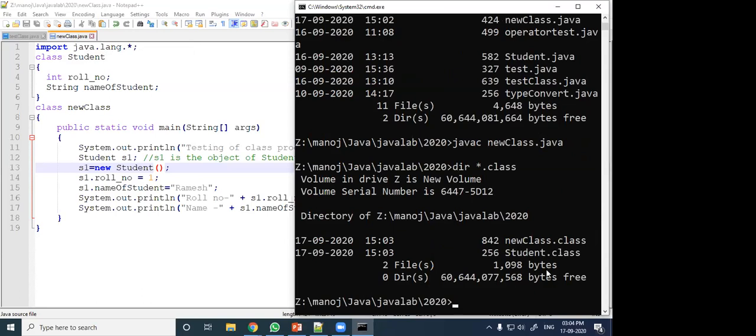Two class files are created. Even though the program name is newclass.java, that program contains two class definitions: one is the student class, another is the new class. So newclass.class and student.class, two class files are generated.